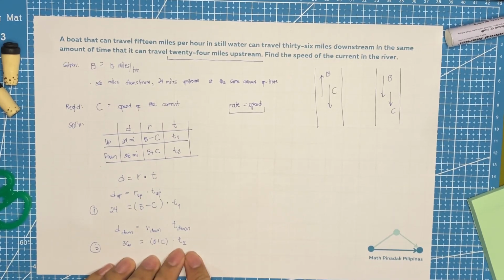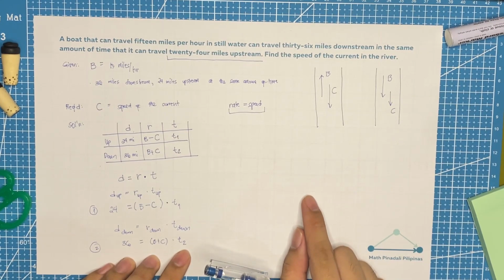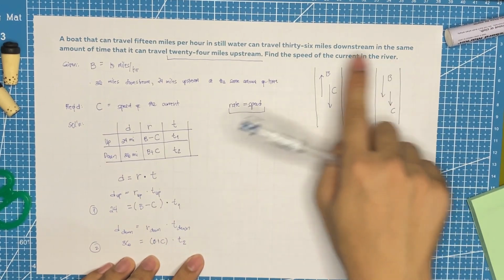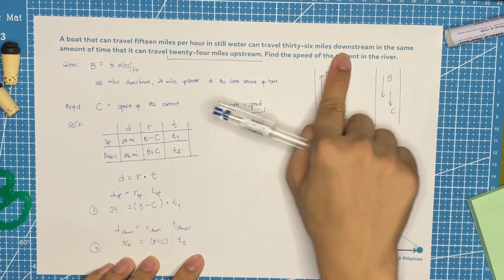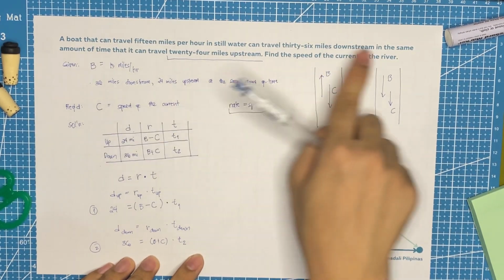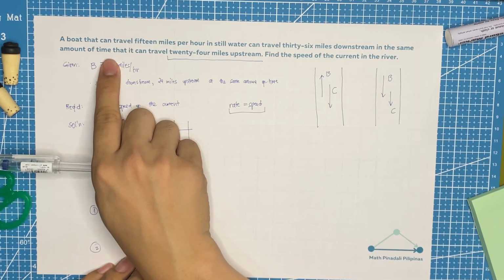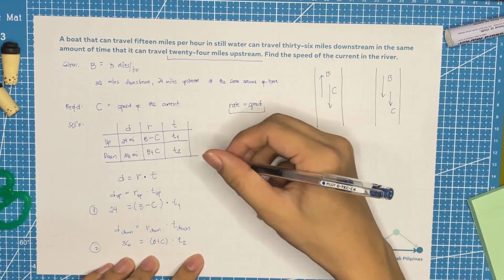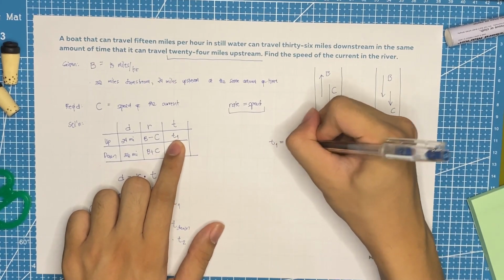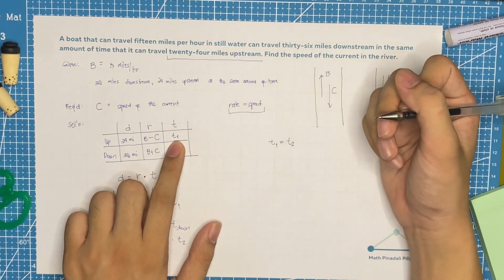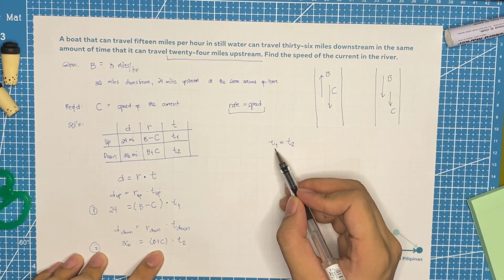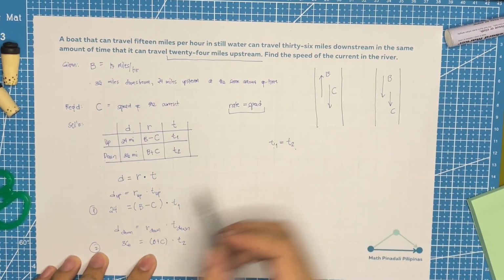No? But then again, meron pa tayong isang given na naibigay sa problem. The problem says that yung 36 miles downstream na na-cover and yung 24 miles upstream, same amount of time. So, ano yung ibig sabihin nito? That means, your time 1 ay equal sa time 2. Tama? Okay, so what we're going to do is ipa-plug in lang natin yung T1 and T2 dito using these